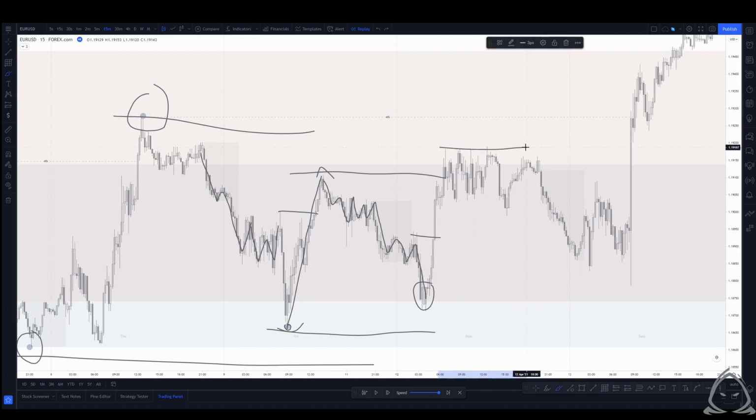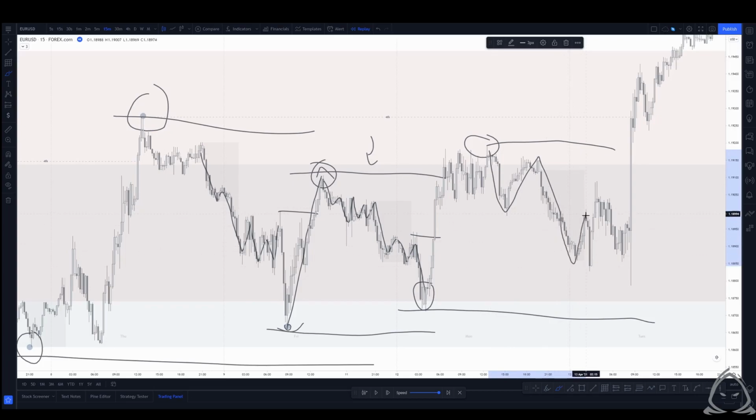We now have formed a new high just right here. So we're now contained within this bit of price action. This is a break of minor structure right here. This is a minor structural high, a new minor structural high. And then what we can see within the minor structure is that we are creating lower lows and lower highs. We break substructure, creating minor structure within. This is getting a little bit confusing, I know,